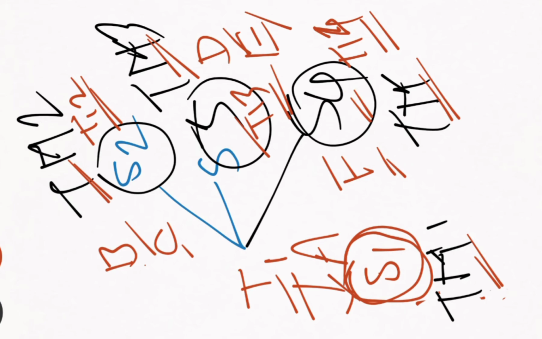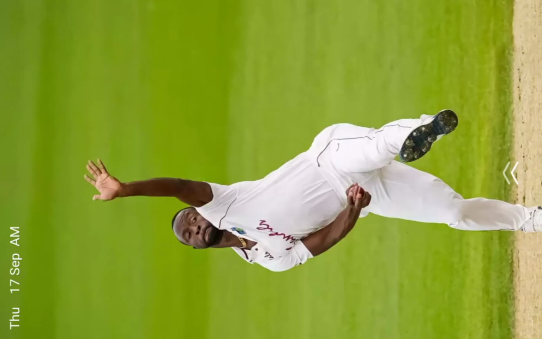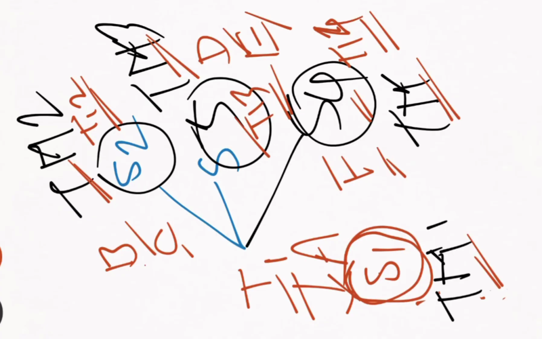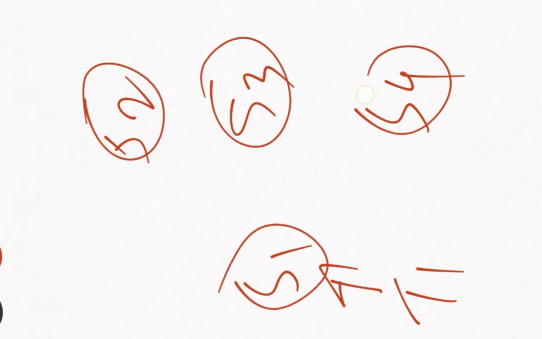Then we have one more term called transaction coordinator. This transaction coordinator is also present on each site. I can't show it here because there is no space. So you can see on each site, if I have site S1, site S2, site S3, site S4, and this transaction T1 has been initiated on site S1.